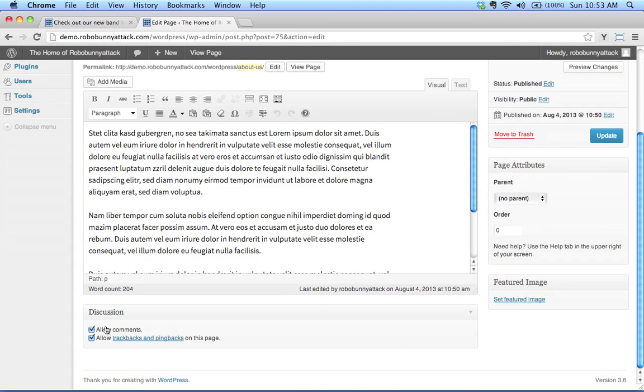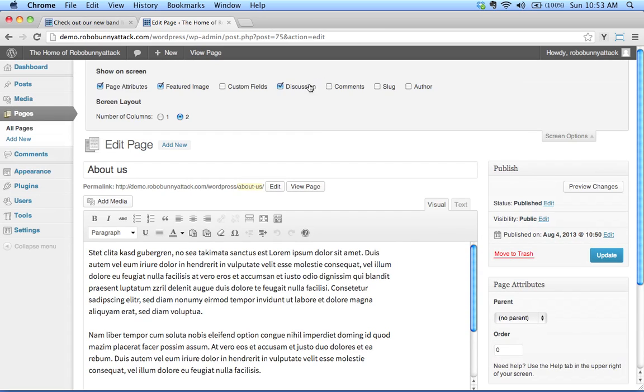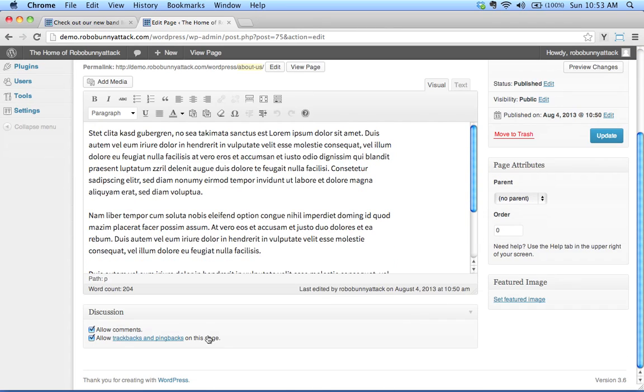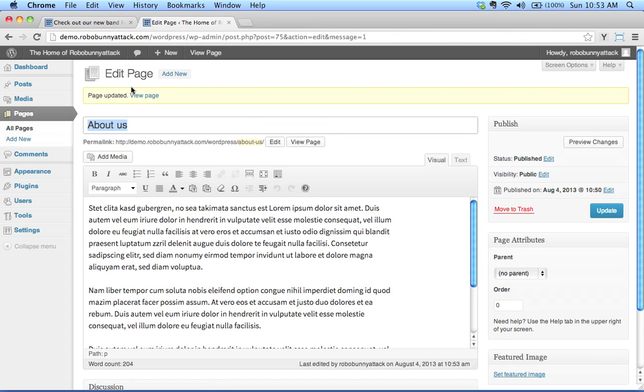And we'll see down here, as soon as I turn that on, here, I'll turn it off, it's gone. Turn it on, it's back here, okay? As soon as this window appears, here is where I can say, you know what, I don't want to allow comments. And I'll talk about trackbacks and pingbacks another time, but let's say we didn't want to allow any comments whatsoever. I've unchecked that. I'm going to click Update, and then let's see how this actually changes our actual